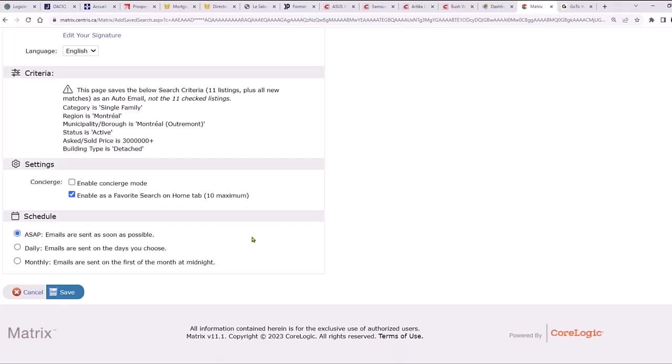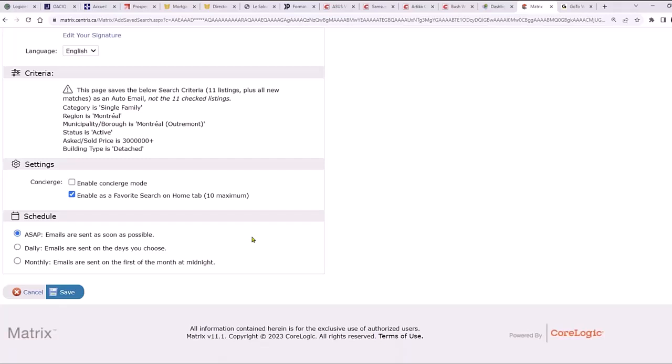That's what I want. I want my clients to be aware that new properties go on the market. You can choose that daily morning, daily PM email schedule, or monthly, which is the first of the month at midnight, which is probably more for a client who stopped looking, but you keep the search active just in case they want to come back at some point, I suppose. We can deactivate searches too. I'll show you how to do that after.